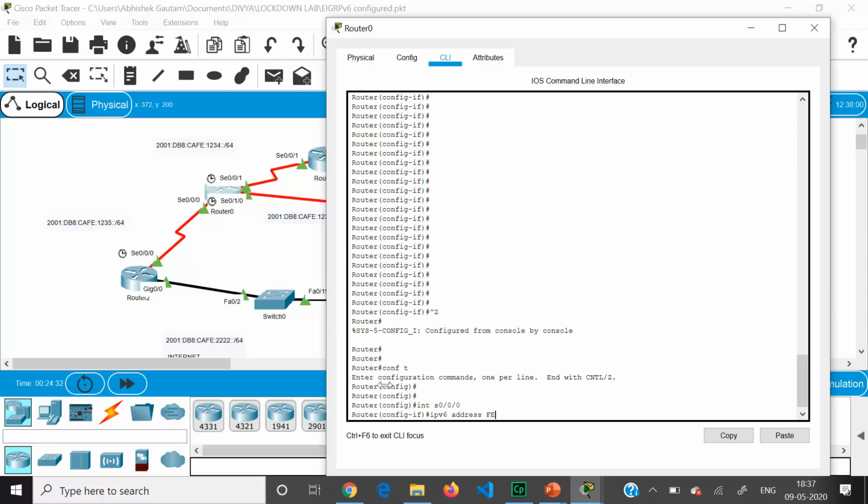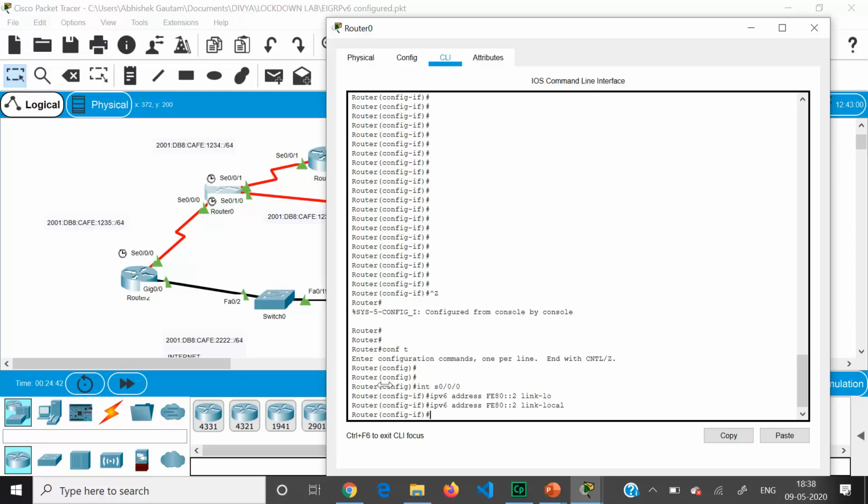The link local address always starts with FE80 and I'm giving ::2 and then link local. Okay, so it is taken, and then we can also give it automatically. If you give the IPv6 enable command, then automatically your link local address will be assigned.